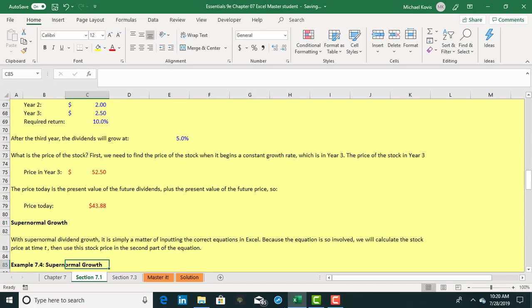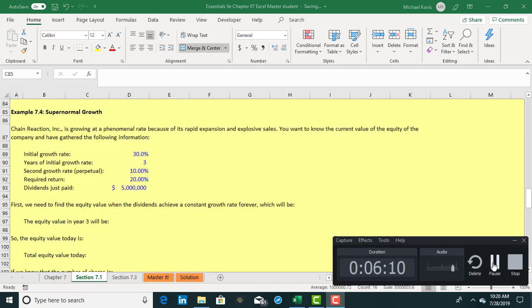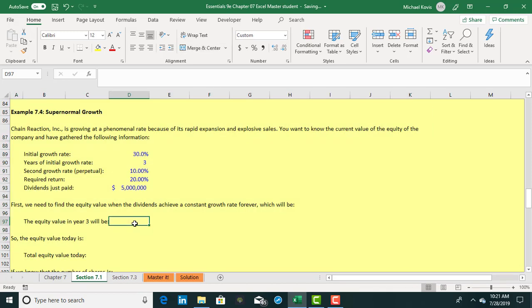So we're going to take our dividend just paid times 1 plus the initial growth rate to the third power, because we've got 3 years worth of dividend growth, times 1 plus the second period of growth rates. We'll double parenthesis that to close the numerator off,